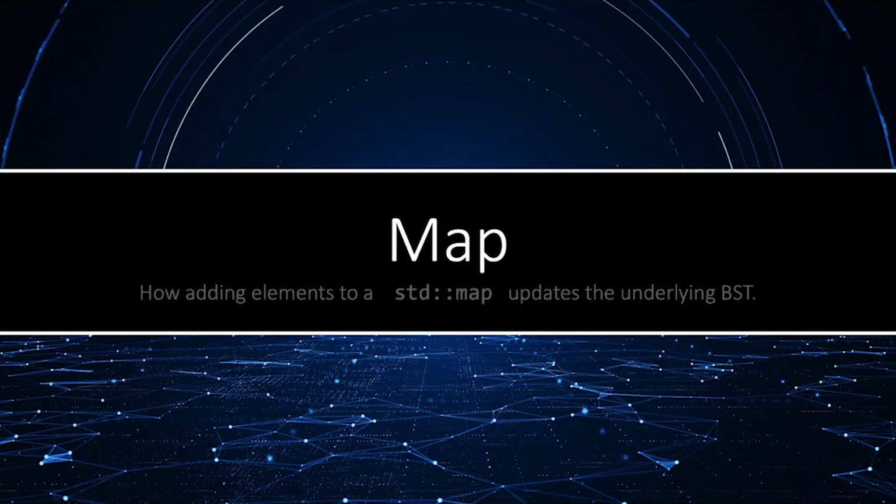Today, we're going to learn how adding nodes modifies the underlying data structure in a map. Hello, I'm James Helfrich. C++ implements the map using a binary search tree, but not just any binary search tree, a red-black balanced binary search tree. To see how this works, let's see how adding nodes to an initially empty map will modify the underlying data